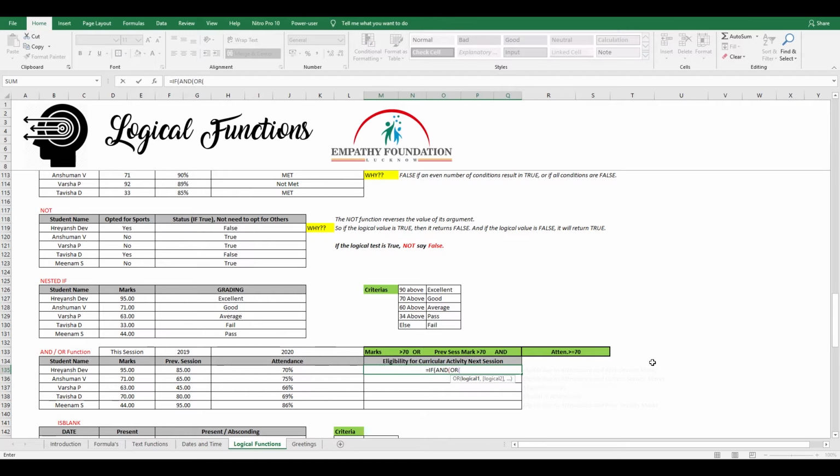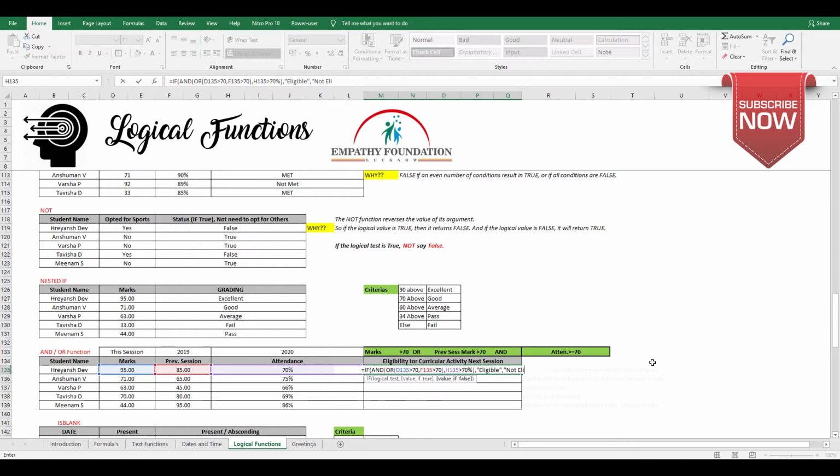So OR this session mark is greater than 70, comma, second criteria, previous session mark is greater than 70, OR should be closed. Now we are back in AND. So logic number 2, then attendance should also be greater than 70%. If all these conditions are met, then eligible,